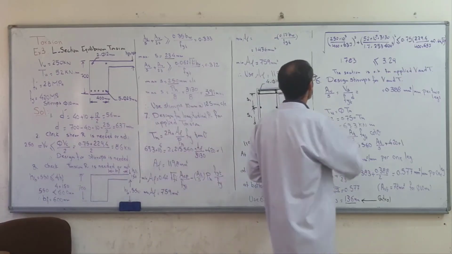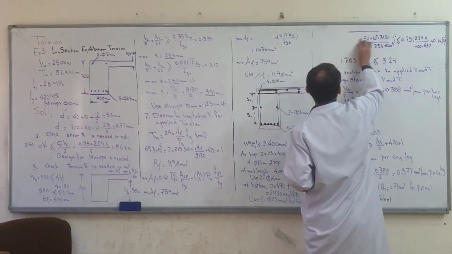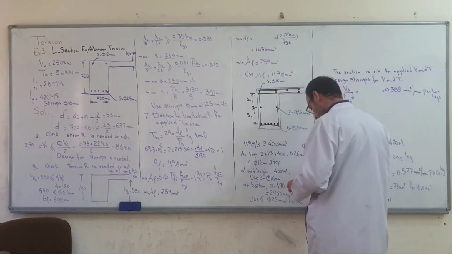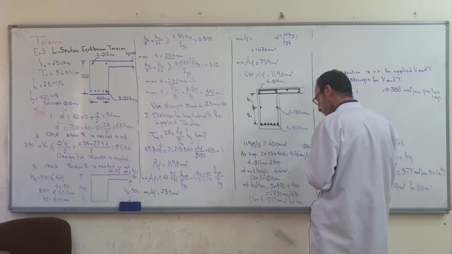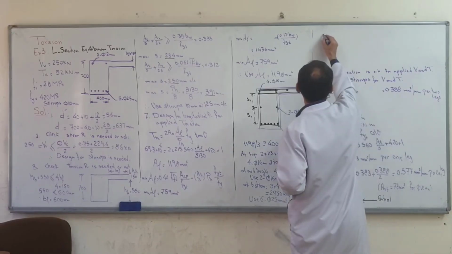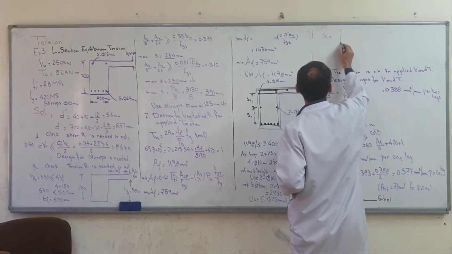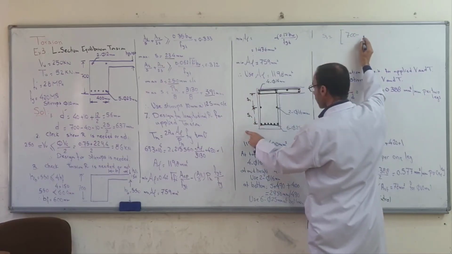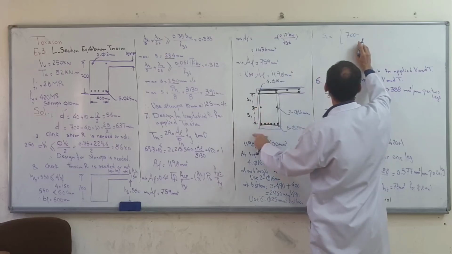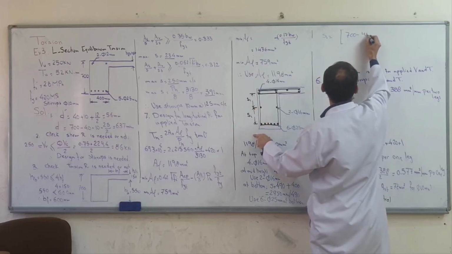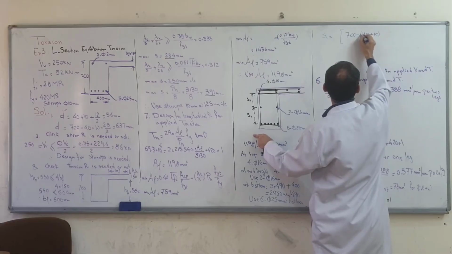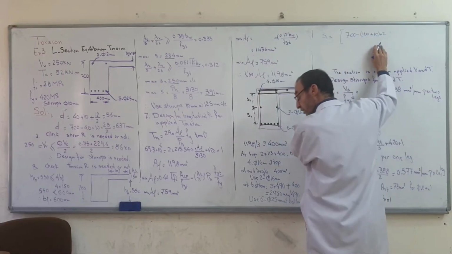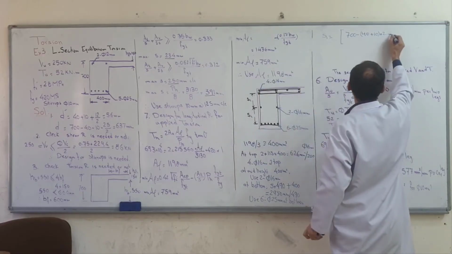This spacing must be checked. How is spacing checked? How can you find this space, S1? In this way: 700 minus covers, times 2 covers here, 40 plus 40 for the stirrups, minus